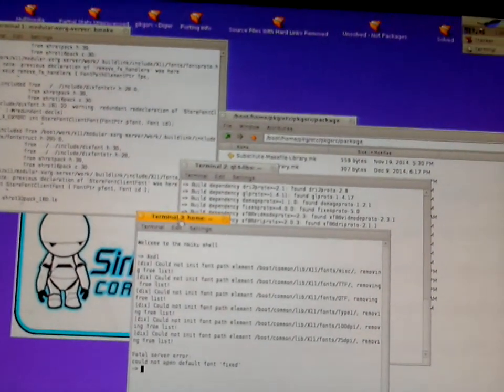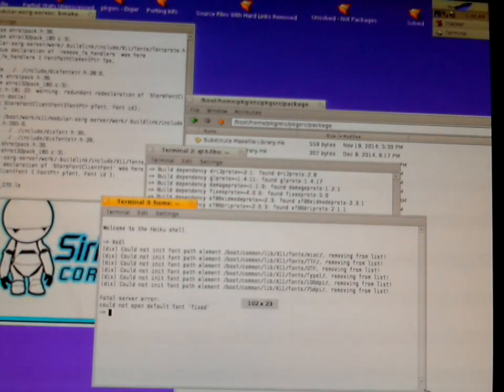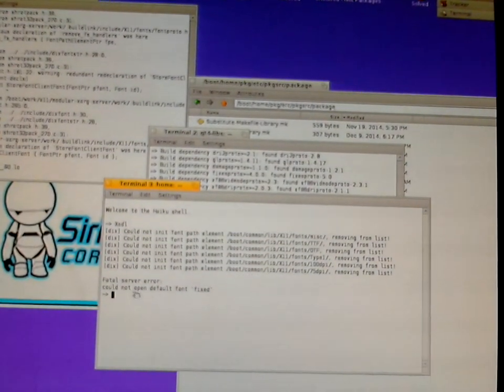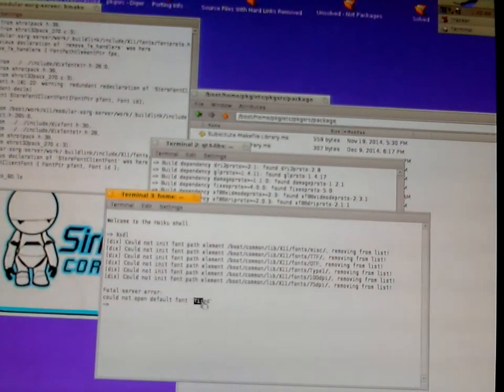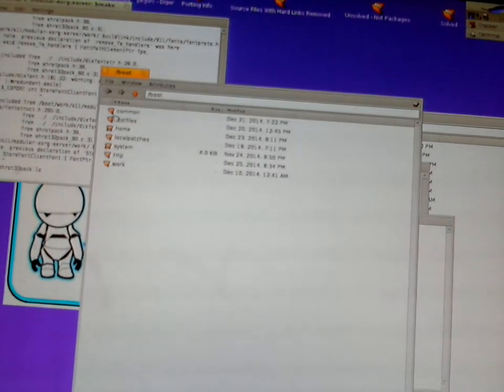Okay, so basically it's saying we can't find this font path. If I was able to figure out what this fixed font was and put it in the common library X11, in fact I've copied all my fonts there, and that hasn't really resolved the issue. I probably would be able to have an X window sitting right there and run all my X programs. But what this tells me is that there is some software out there that I run that isn't going to require